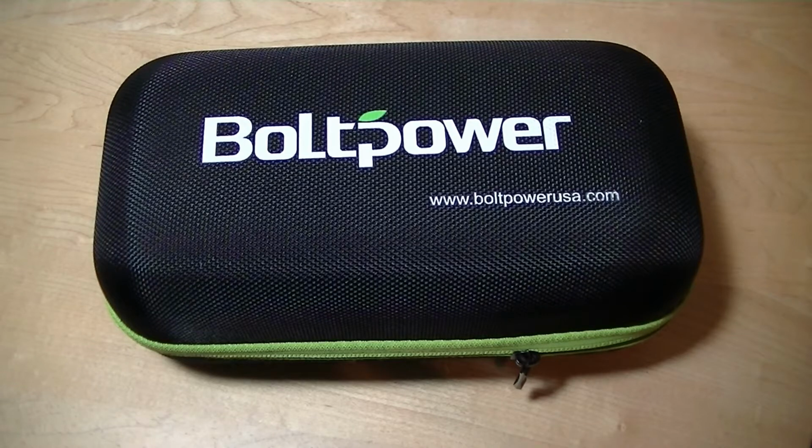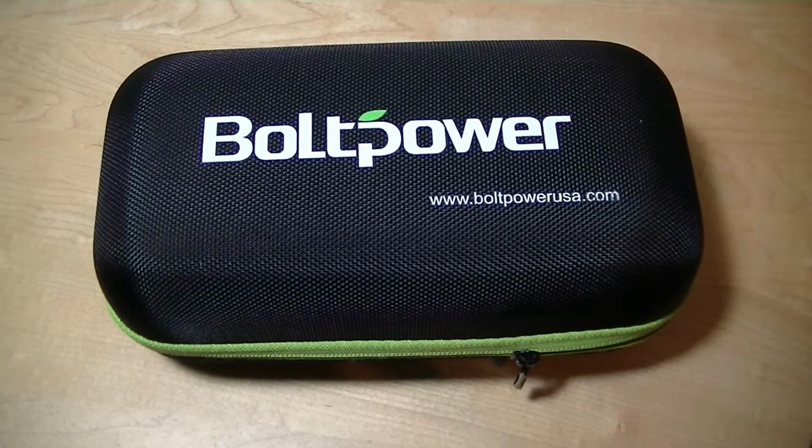It sells on Amazon for about 90 bucks, which isn't cheap, but at the same time it's relatively affordable compared to other electric car jump starters on the market. And the unit itself features an 800 milliamp hour capacity battery pack, 2 USB ports, as well as a digital display that can tell you the percentage of the battery remaining and the power output as it's charging or jump